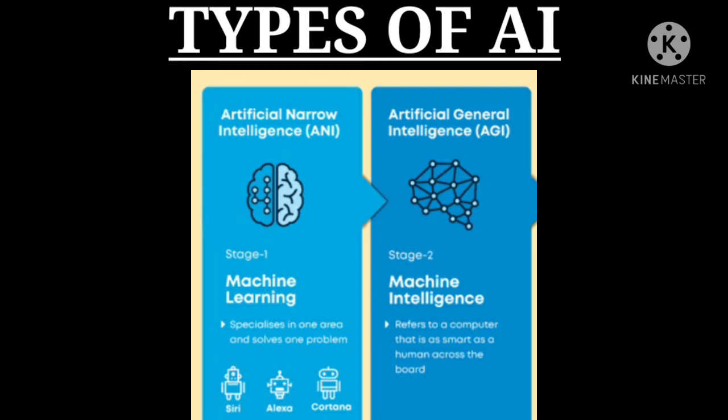And the second type is AGI. So what is AGI, children? Artificial general intelligence. It refers to the science fiction idea of AI, meaning computer systems which are at least as intelligent as human beings. So they are the two types of AI. Which are they, children? ANI, artificial narrow intelligence, and AGI, artificial general intelligence.